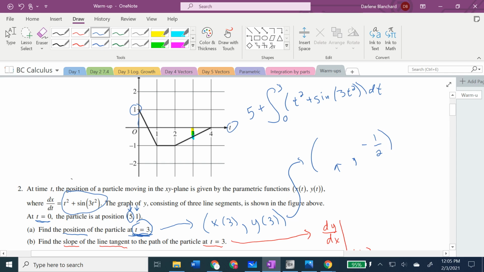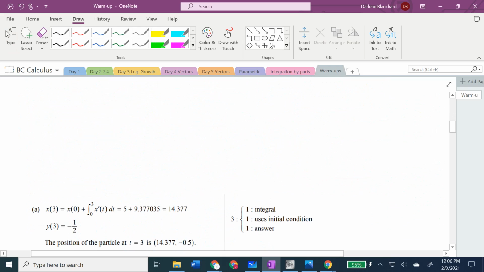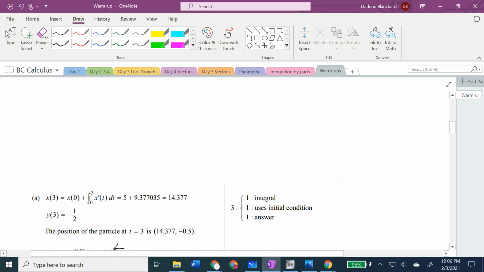So I'm starting at 5 and adding the x displacement to that, and let your calculator roll that answer out. And that answer is